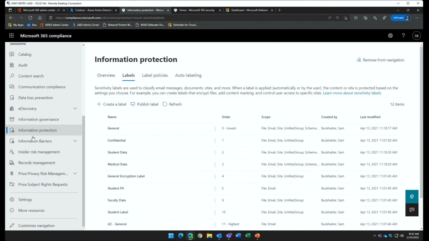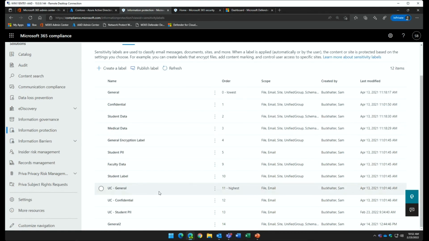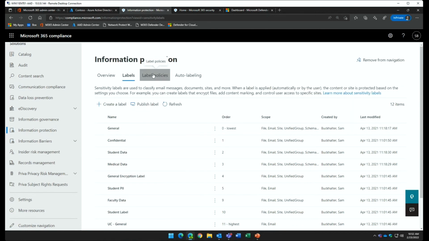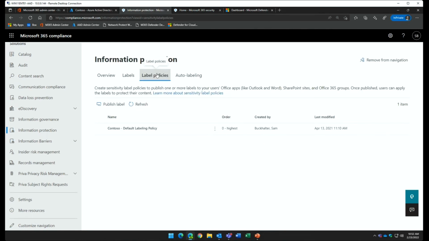Information protection. Similarly, we've got our labels you can create, whether it's general labels, might be confidential data that isn't necessarily sensitive PII, PHI, but it might be project related that's confidential that you want encrypted and restricted access. You can create labels for student data or medical data. Really, the sky's the limit. All this is customizable for what makes sense in your environment to your users. And you can deploy those labels using policies. So you can have different labels for different groups of users. You might have different labels for your HR or finance department, or different labels for your students or faculty, and those can be deployed in a policy fashion.